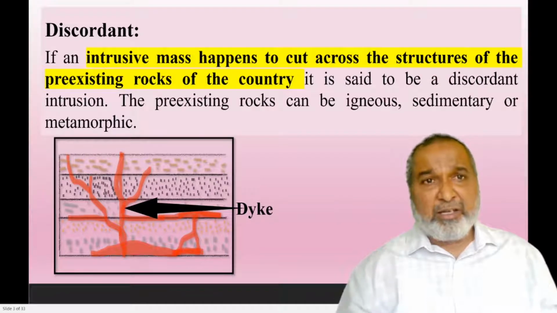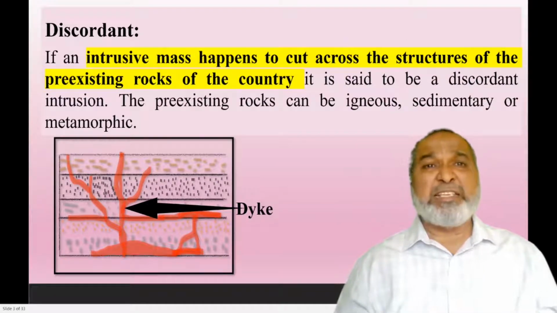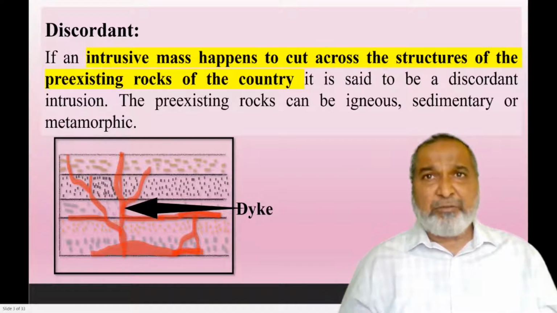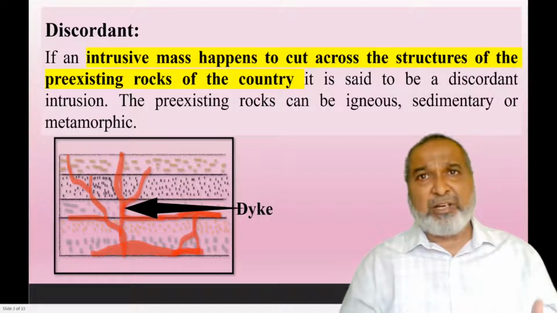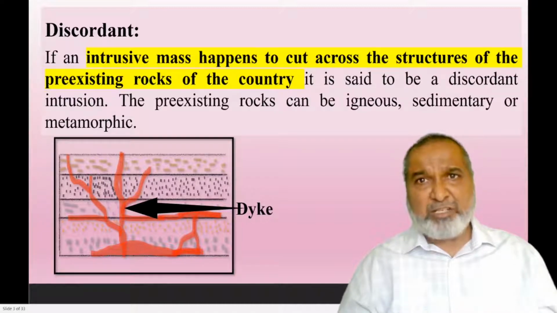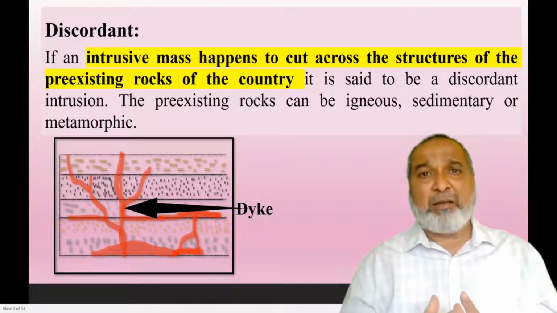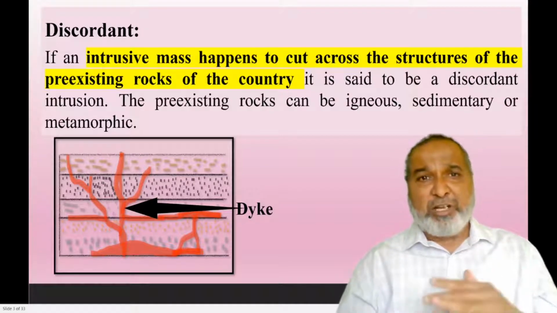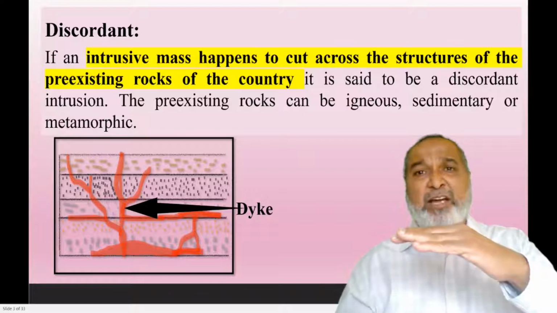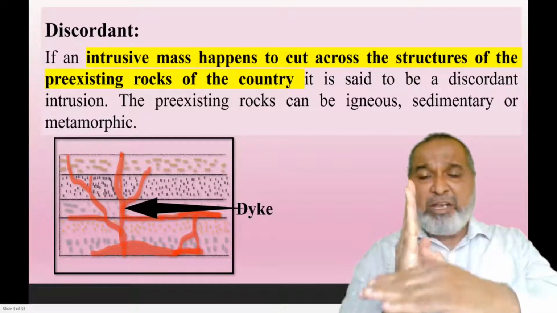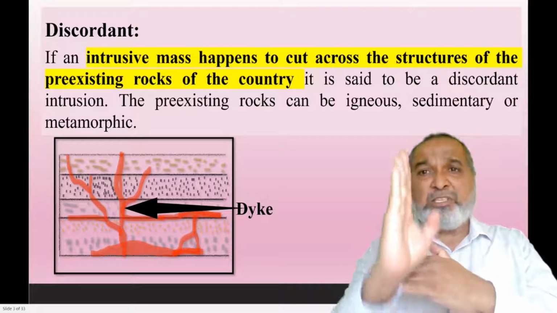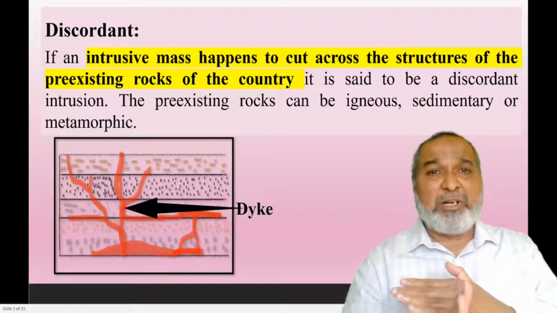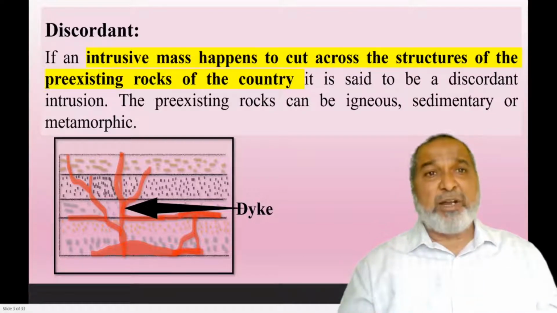Yes, the first one, we know what is a discordant. What is a discordant? Molten magma from the inner core, whether it comes from below the crust or from the mantle, erupts due to the high pressure and temperature condition. Whatever rocks are there, the country rocks, it cuts them while coming out, and it comes directly to the surface or below the surface. Then vertically it is going to cut, and this particular form is called discordant.